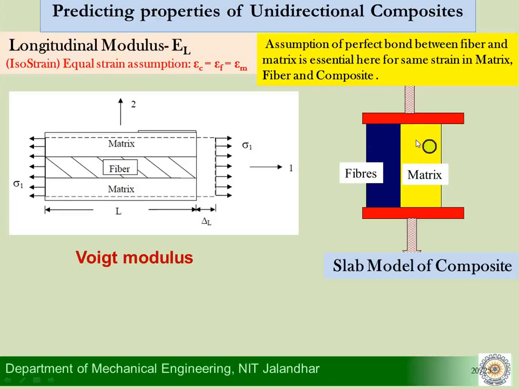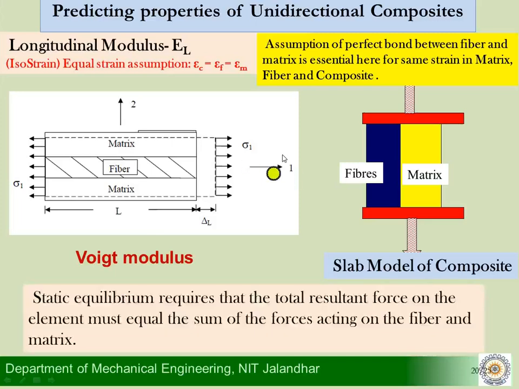So instead of analyzing them as separate fibers along the length which are distributed here, we say we can simply analyze that all the fibers are combined together here and all the matrix is here in this yellow region, and that is called the slab model of the composite. This longitudinal modulus is also referred to in literature as void modulus,